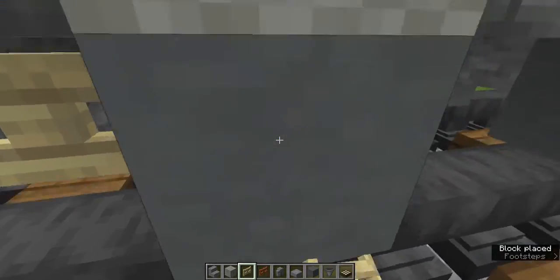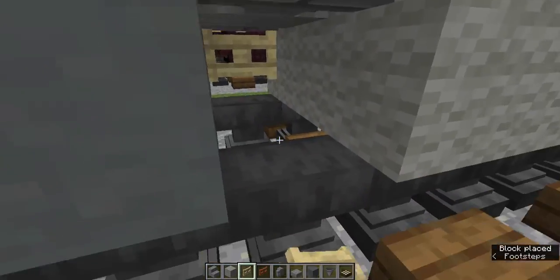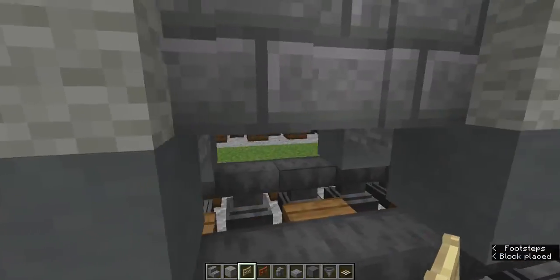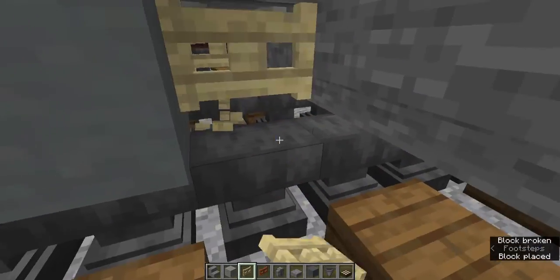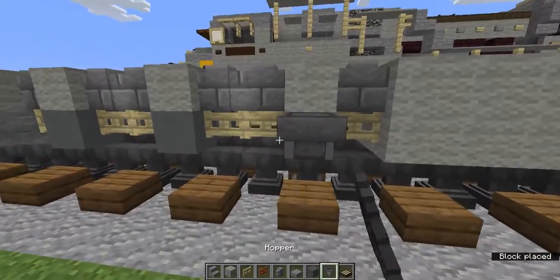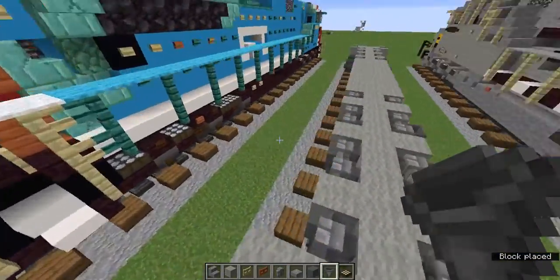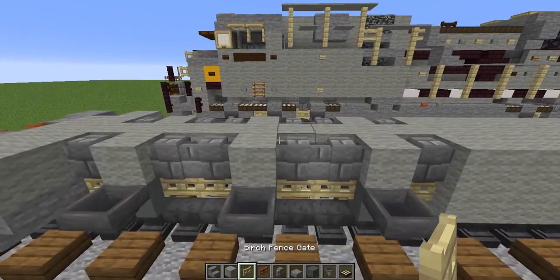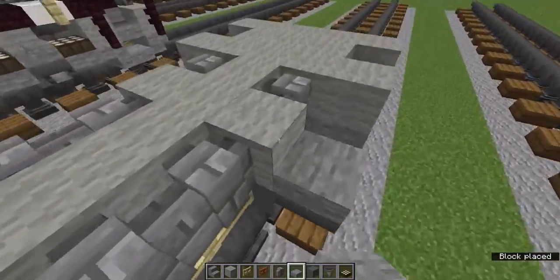Now in all the gaps, we're gonna add birch fence gates. Once that's done, we're going to add hoppers on the cyan terracotta blocks, just like this. And now we're gonna add above all of the hoppers stone slabs. And the wheels on this one are actually very complicated, so